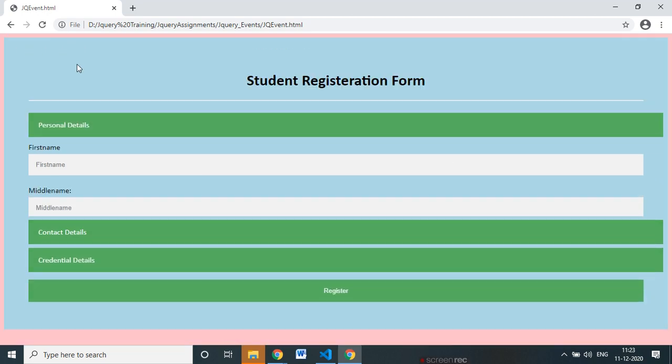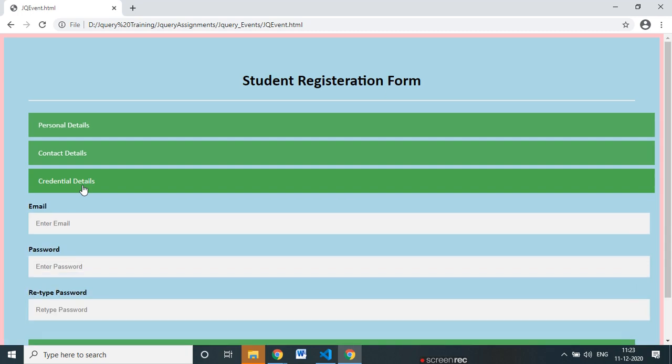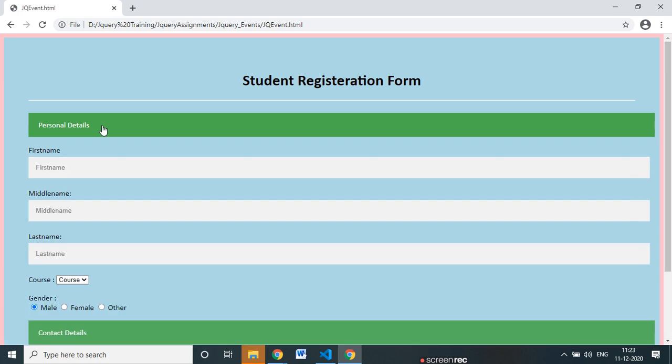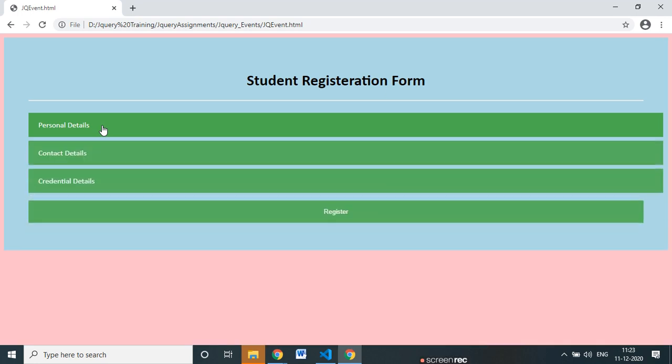If contact and personal details are correct, then it will allow me to expand credentials. As I'm saying, initially we keep the red color for all those fields. And once this section is validated properly, then it will become green. Okay, so moving towards the